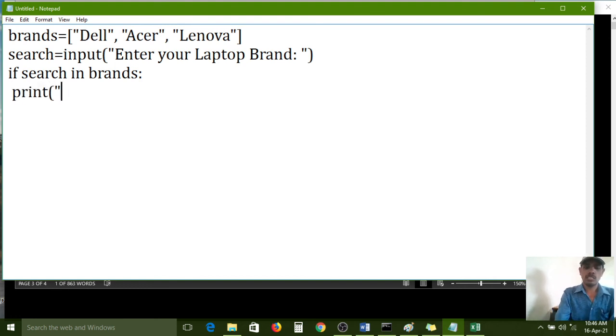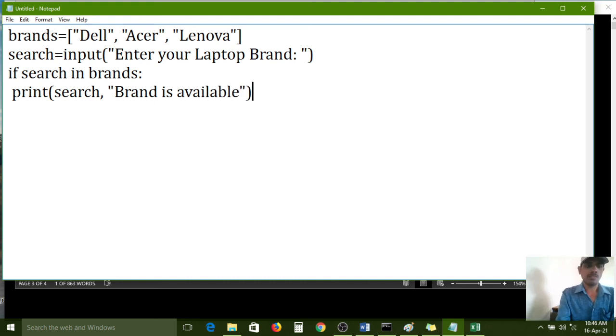Print search, comma, brand is available.